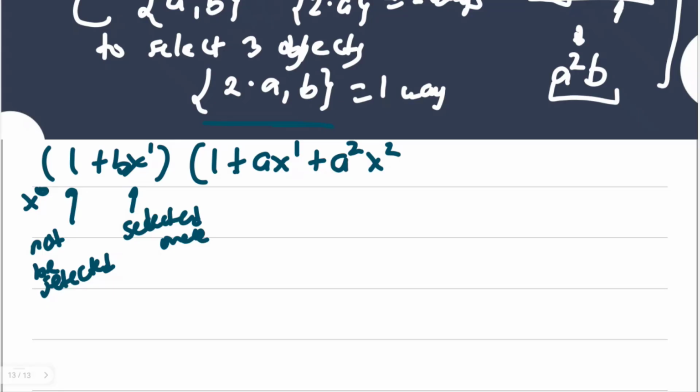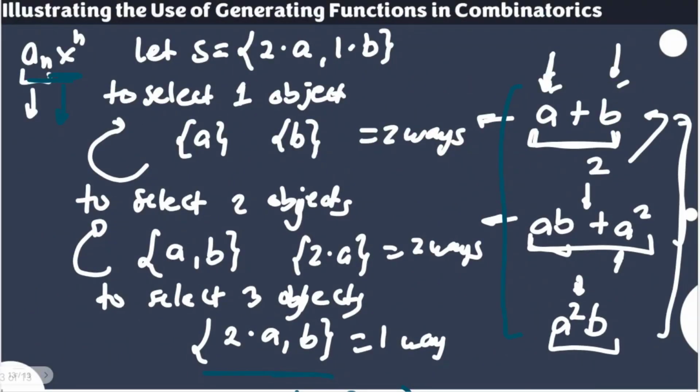And then if you're going to select 3 objects, we're able to select all of them, which includes A and A. So here, A may not be selected. A may be selected once. A may be selected twice. Once or not selected. So these are the possibilities for your multi-set A's and B's. Since there are 2 A's, A may be selected once, may be selected twice, or may not be selected. And as for B, it may be selected once or may not be selected as well. I'm going to show you the connection of this when I multiply; these 3 here will appear in terms of number of ways later. Let me connect that.